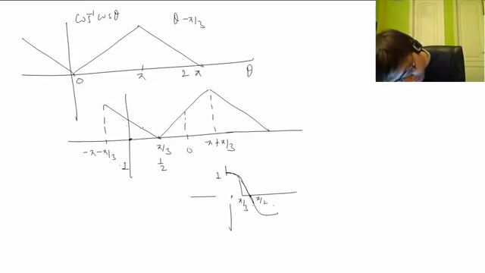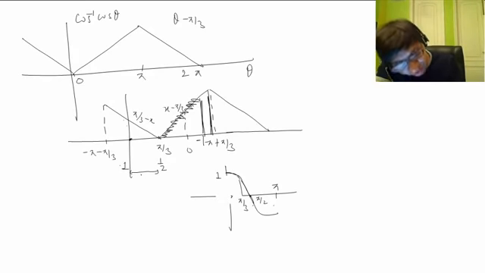So you can see the definition here is, x was there earlier, we shifted it to x minus pi by 3, and this becomes pi by 3, sorry, this is pi by 3 minus x, and this is x minus pi by 3 after shifting. So you can see when x is from half to 1, the definition is pi by 3 minus x. When theta is from 0 to pi by 3 or 0 to half, or we can go even beyond that, we can go up to pi. So pi means here it is minus 1. So when we have minus 1 to half, the definition is x minus pi by 3.